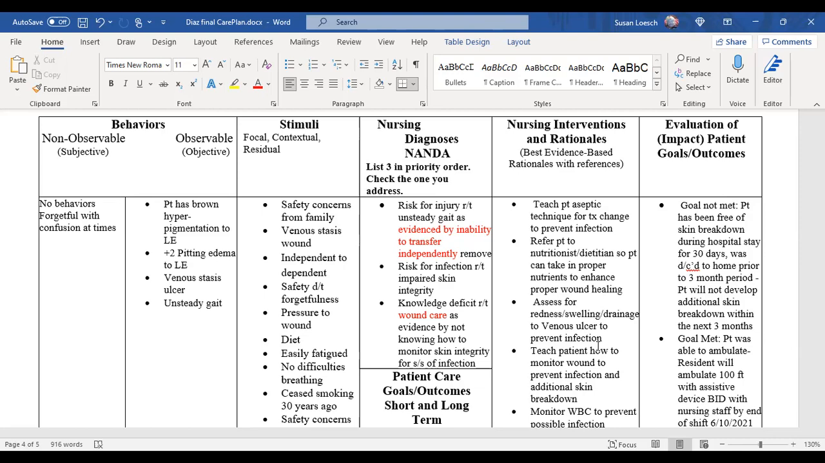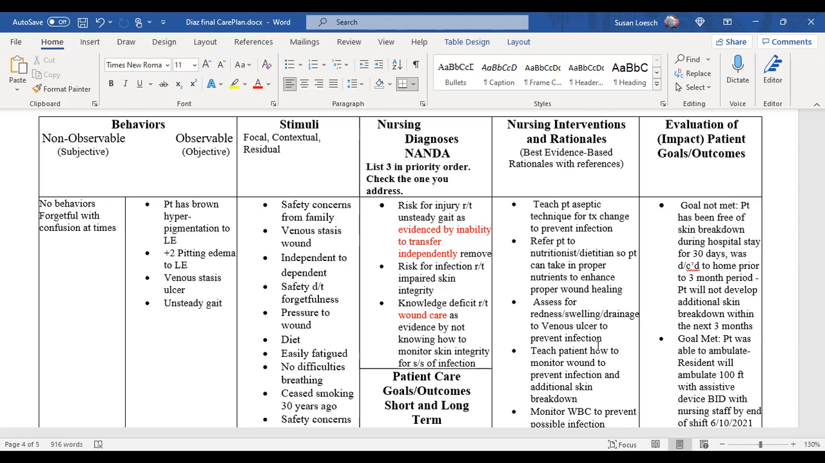Yes, it's going to heal better if we're eating properly and we're not smoking. It's going to heal better. How about assess for redness, draining, and swelling? Would that be part of the knowledge? Yes. Okay, good. The next one is teach patient how to monitor wound to prevent infection, which is basically